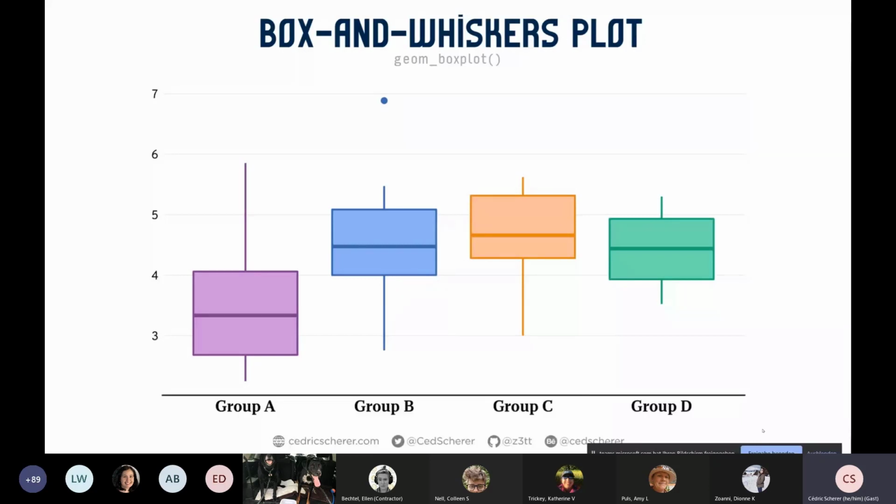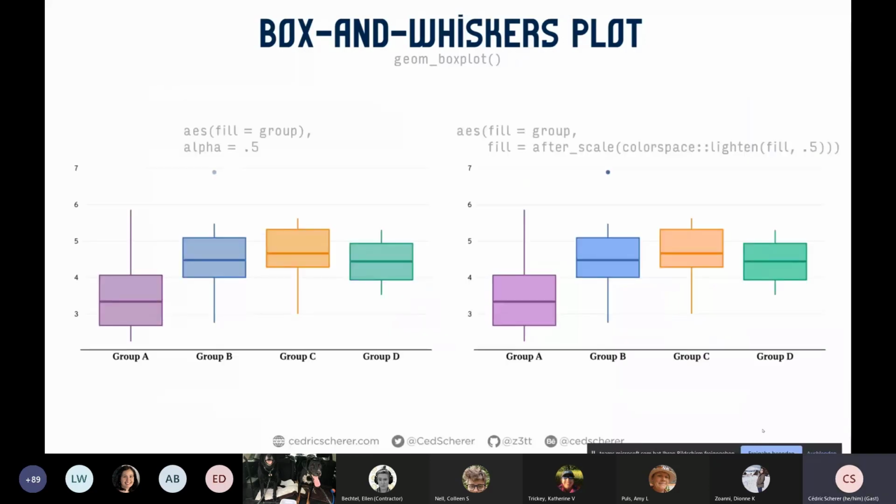It's called after_scale, and we will see both in comparison here, and you might now say, okay, there's not much of a difference, but you cannot always use alpha. So on the left hand, you see that the grid line is visible in the box. This might be something you want to use here, so it's totally fine to use alpha here, but in some contexts, it's not possible to use alpha, but I still want the filling or the color to be different, and the after_scale function allows to do so, and this is also specified in the aesthetics.